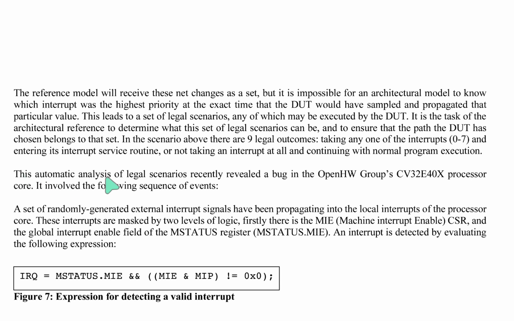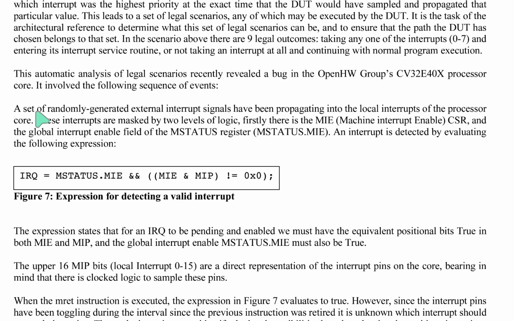This automatic analysis of legal scenarios recently revealed a bug in the OpenHW Group CV32E40X processor core. It involved the following sequence of events. A set of randomly generated external interrupt signals were propagating into the local interrupt of the processor core. These interrupts are masked by two levels of logic. Firstly, there is MIE, the Machine Interrupt Enable CSR, and the Global Interrupt Enable field of the mstatus register,